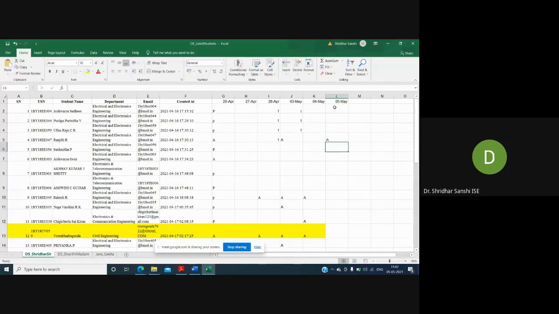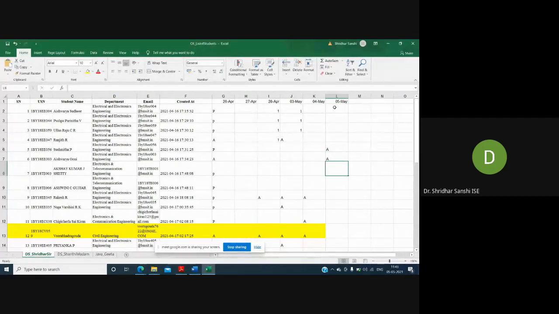Ranjit is absent. Sushmita. Sir, Ranjit present. You are audible? Okay. Sushmita. Absent. Aishwarya.